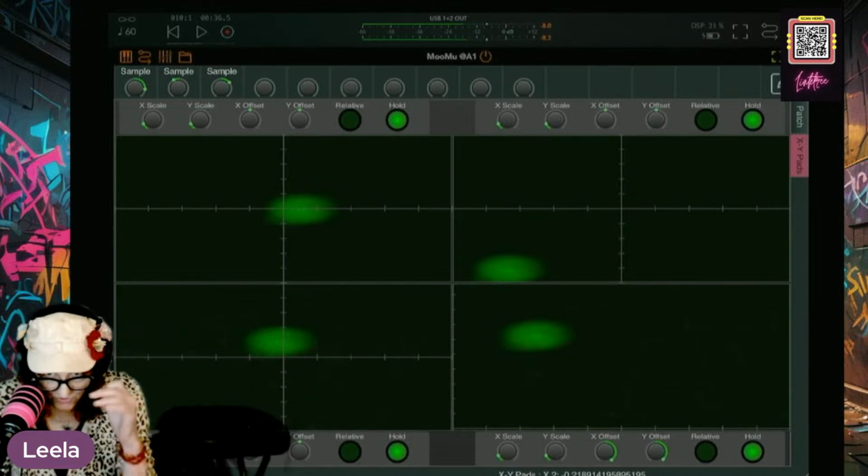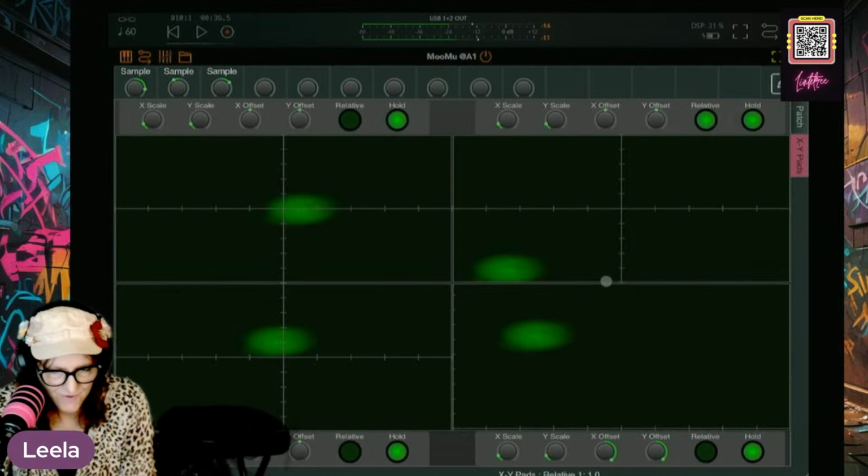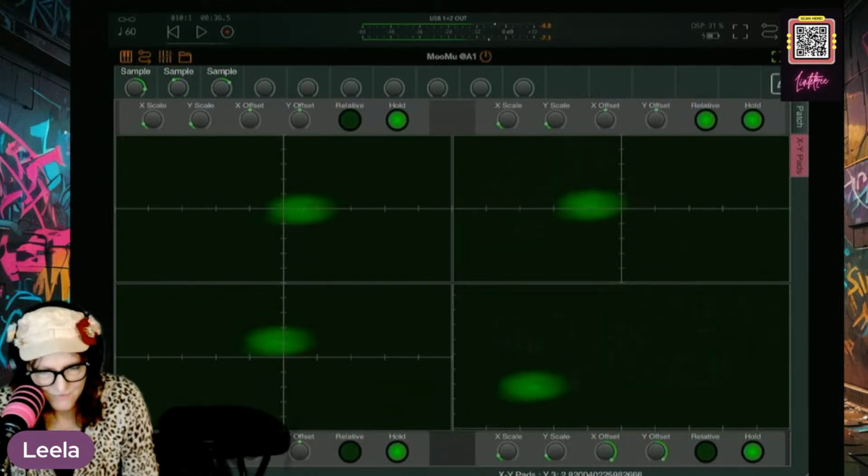So hold on the XY pad will make it stay. Relative makes it relative to the current settings instead of from 0.